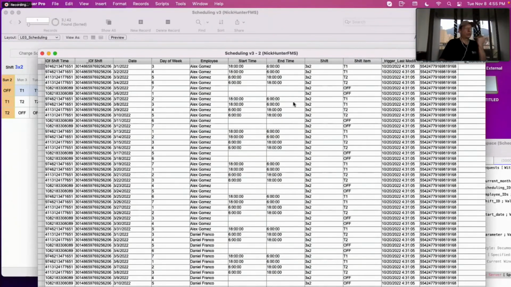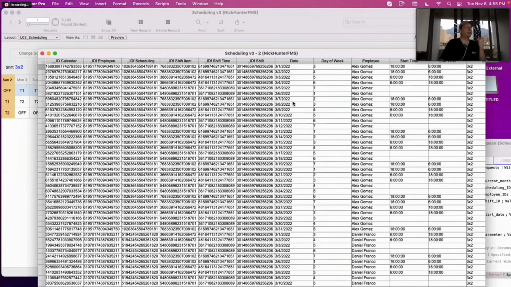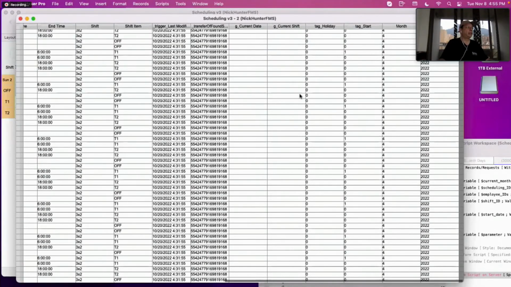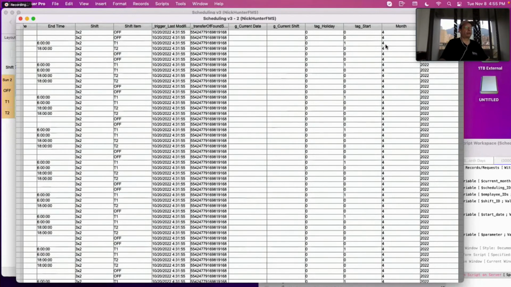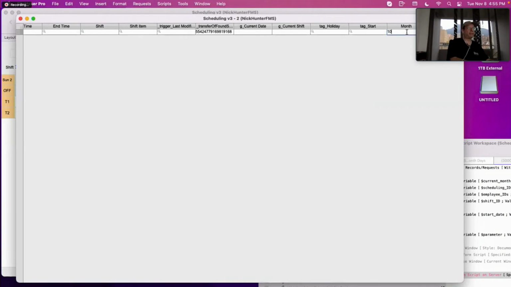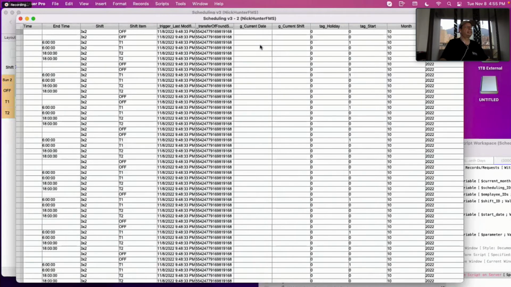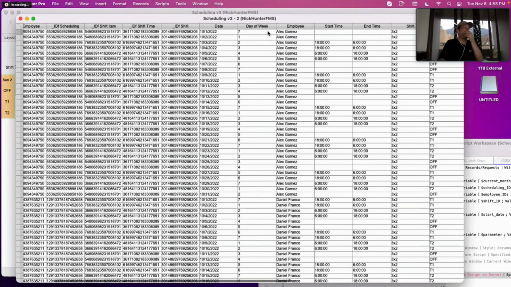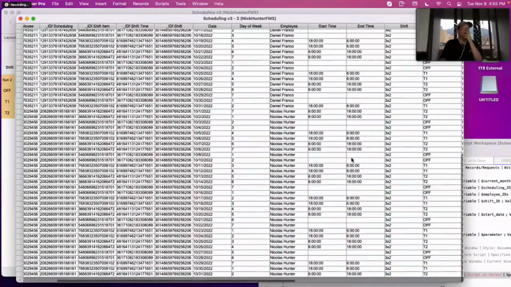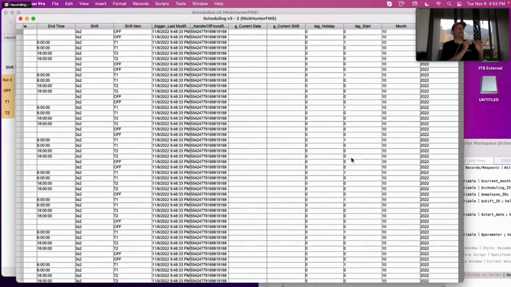Take, for example, here, do I have the month here? Yes, month 4. So let's say I'm on month 10. This is my month 10 for all my guys, for Alex, Daniel, and Nicholas. And here, this is month 10. I'm preparing myself each time